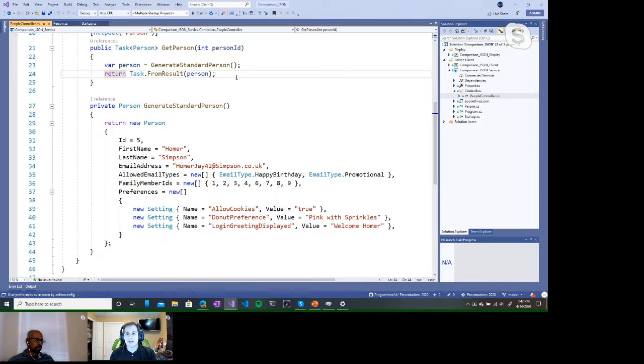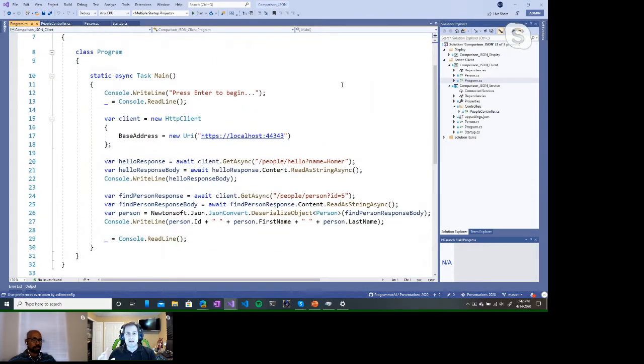So that's the general idea. That's the very basic application. Now, let's move over here to the client, and on the client is just a .NET Core console application. And as far as getting this data,